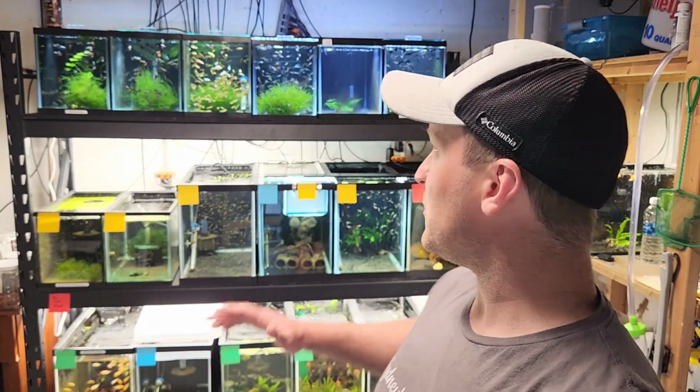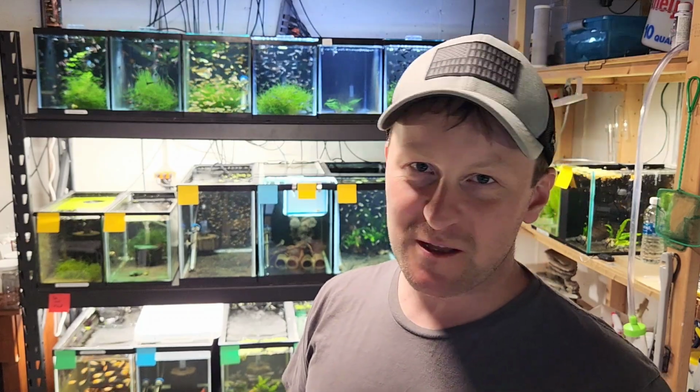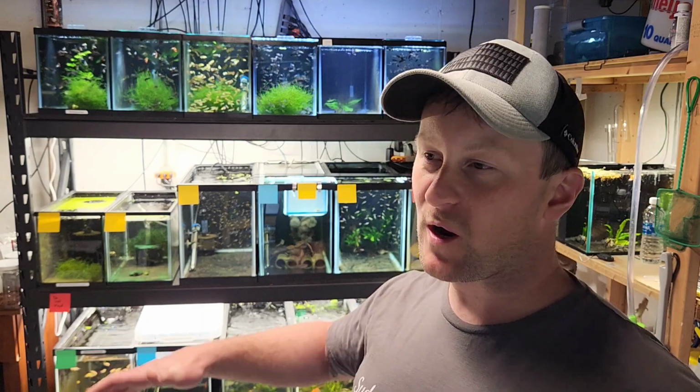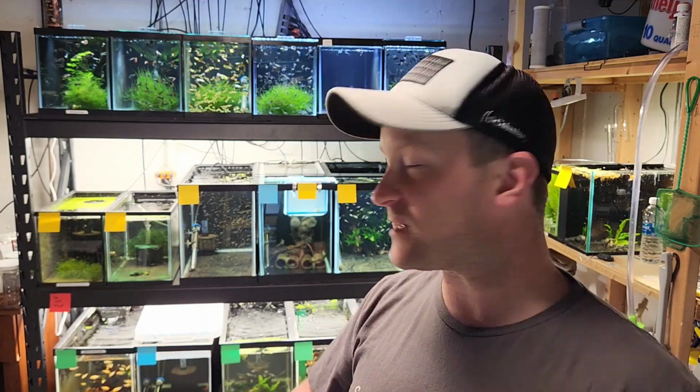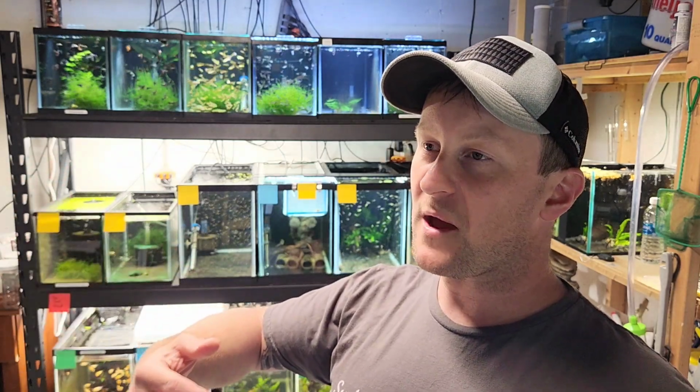I love his fish room. I love how planted it is. It's so just natural. He's got plants growing everywhere. That man is very inspirational, and I get a lot of inspiration from him. So what I'd like to maybe start experimenting with is maybe putting some substrate in these tanks, or at least planting some potted plants in these tanks, and also some emergent growth from these tanks, because no matter what I